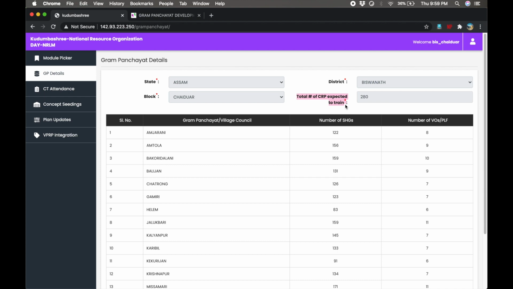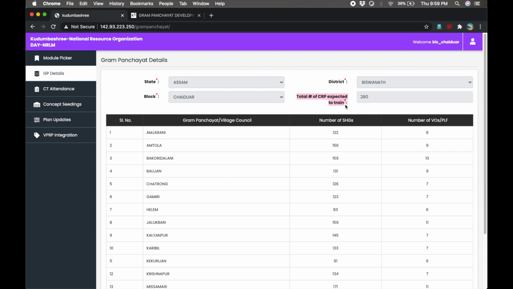In case the block nodal person feels that this number is not the correct expected CRPs to be trained on field and it has to be changed, the same can be informed to the state nodal person who has the sole editing right for the same.